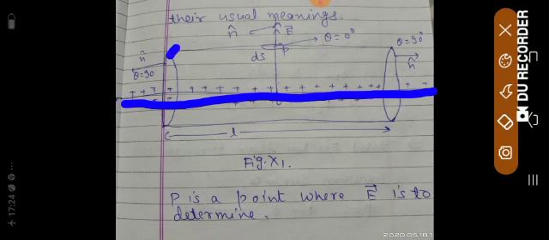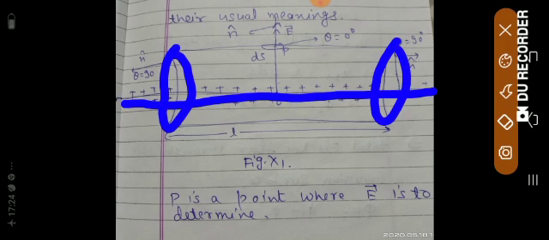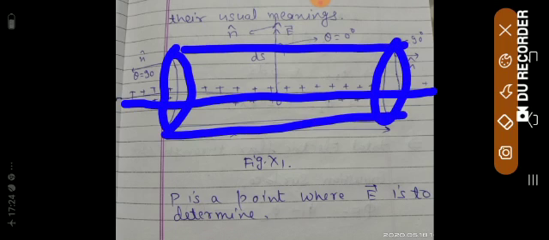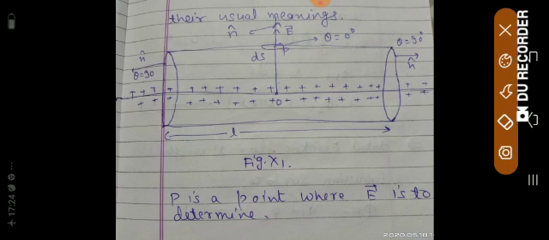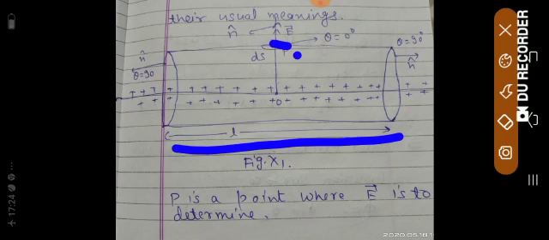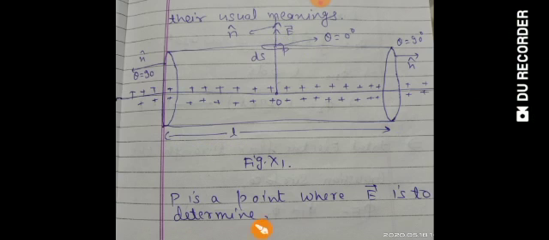Okay, this is a Gaussian surface, which is a cylinder of cross-sectional area, and the length is L. This is L length. You see in the original video, the length is L. Suppose I am taking the point P here, and this is the ds area. When I want to calculate something big, I always start from the ds, a very small area. Then we proceed through integration. I have explained this thing so many times in 11th class as well as in 12th class. Okay students, so this is your point P.